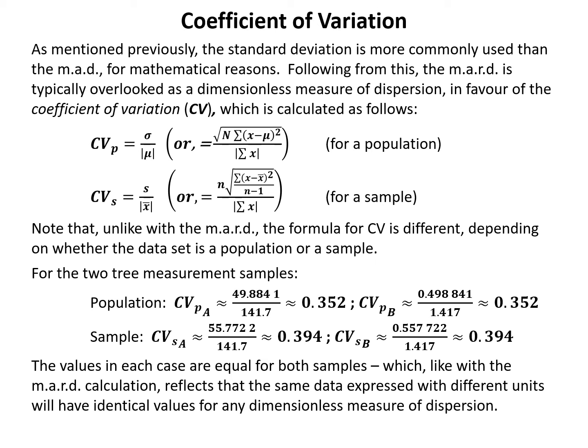For a population, the CVP is equal to sigma divided by the absolute value of mu, and analogously for a sample, the CVS is equal to S divided by the absolute value of X bar. And similar to what we discussed with the MARD, there is a mathematical alternative way of calculating the CVP and the CVS, and you can see that they're slightly different because, of course, with population versus sample, when it comes